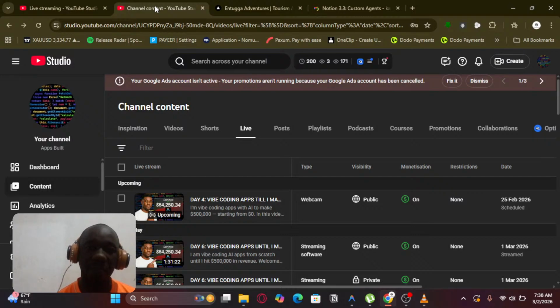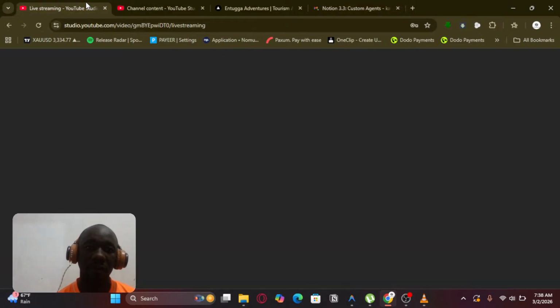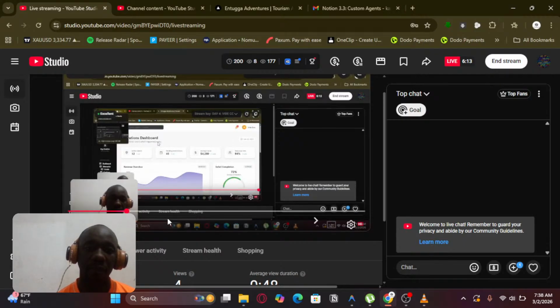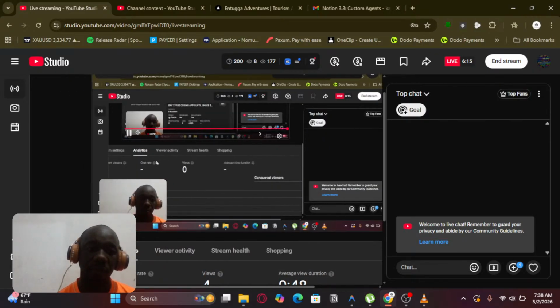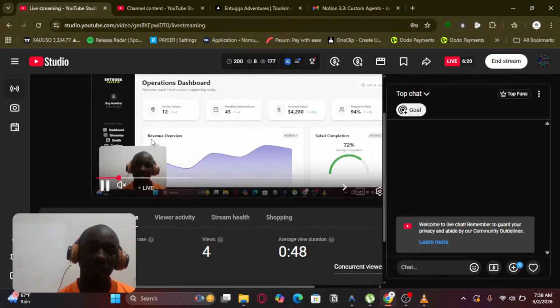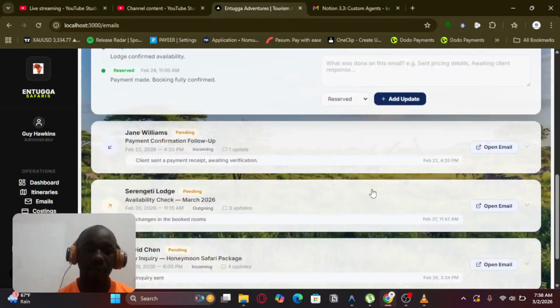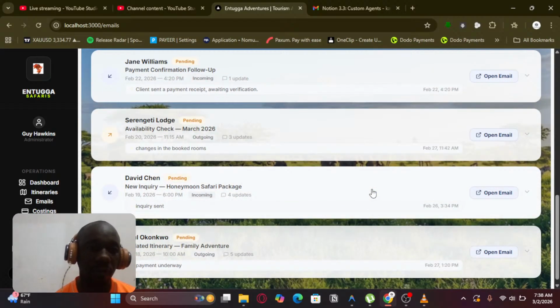So this is basically how everything is set up. So the other element that you get to view when it comes to our setup is